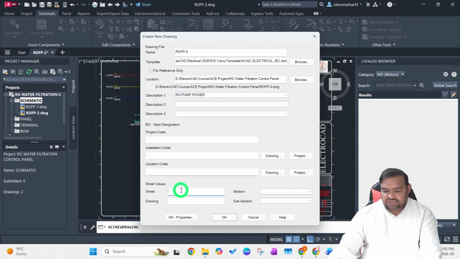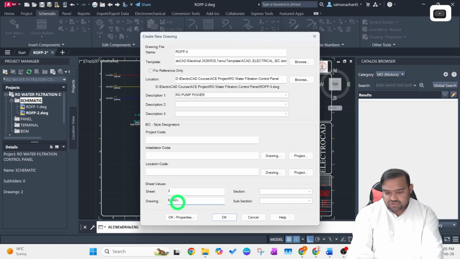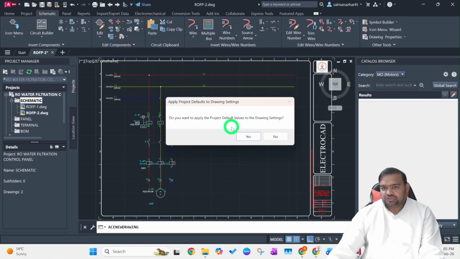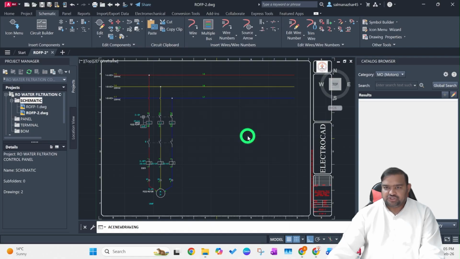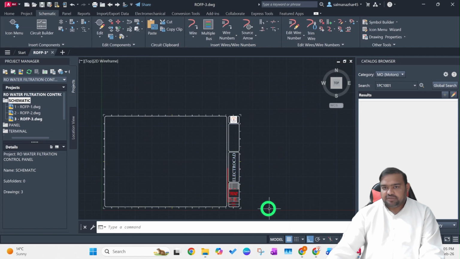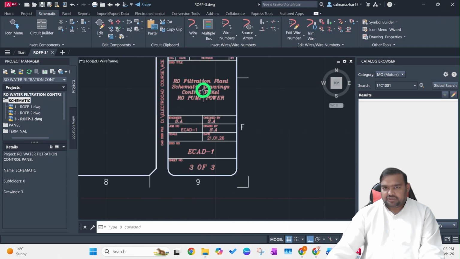This is our third sheet. We will type 3 and drawing name as ECAD-1. Click on OK and load the default project values into this drawing with yes. Once this is completed, its title block will be updated accordingly as RO pump power, and this will be sheet